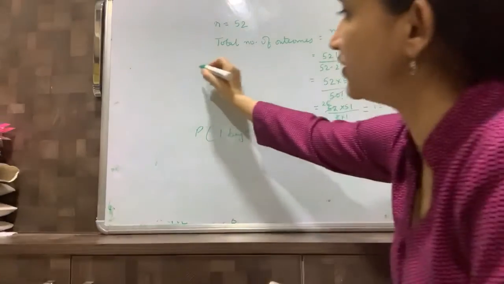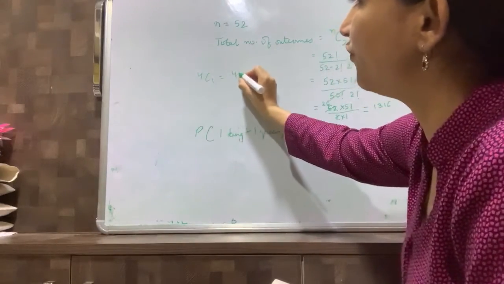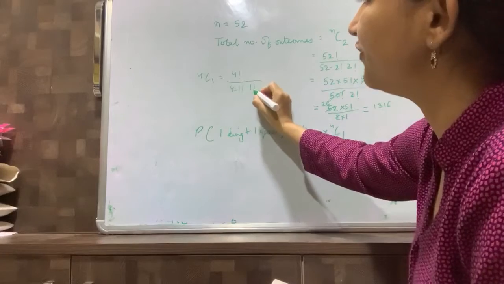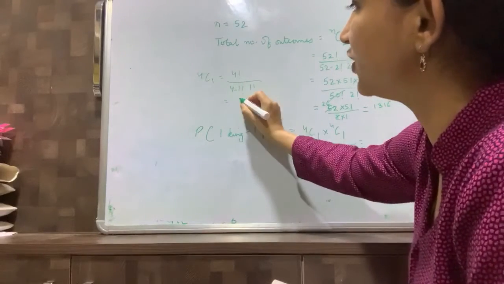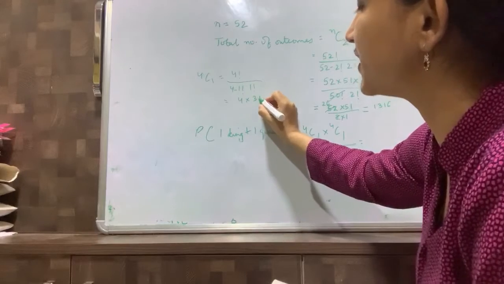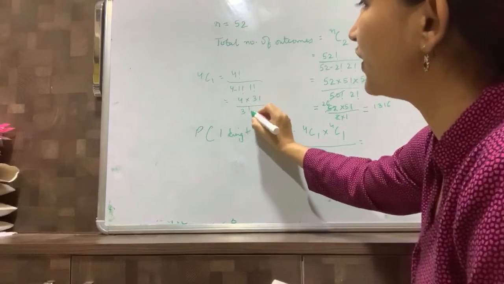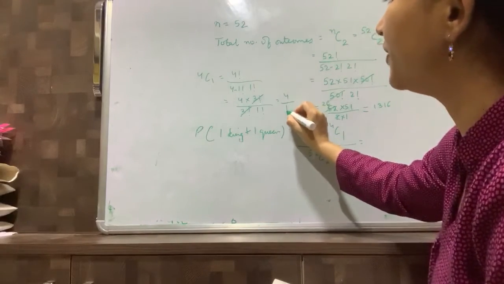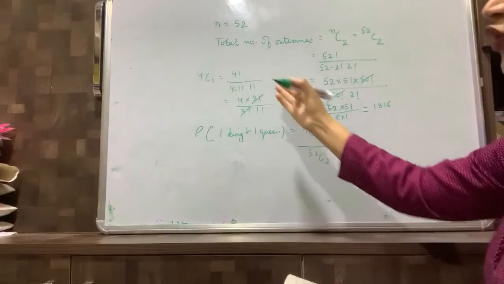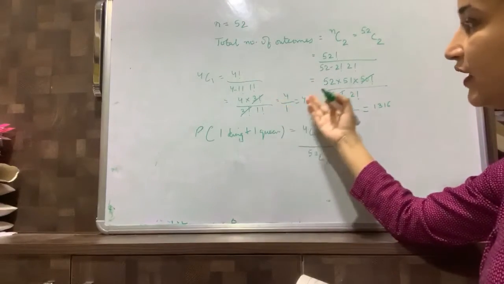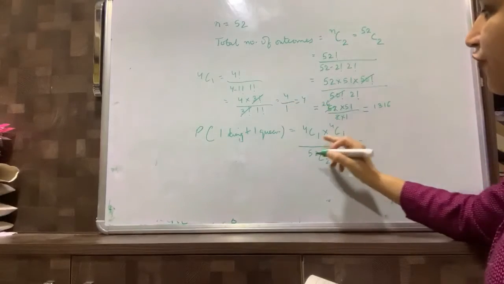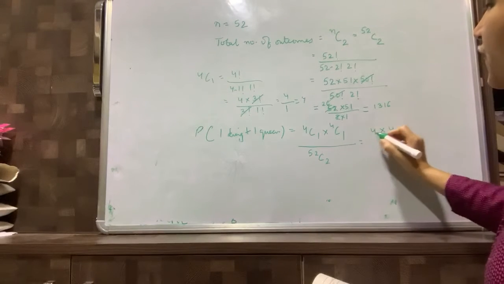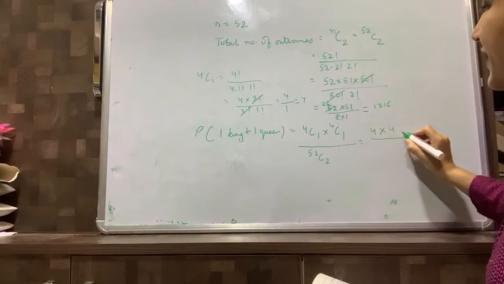So 4C1 is equal to 4 factorial divided by 4 minus 1 factorial into 1 factorial. अगर आप इसको ओपन करोगे तो हमें एक ही फैक्टर तक ओपन करना है. 4 into 3 factorial हम लिख सकते हैं, डिवाइडेड बाय 3 factorial into 1 factorial. तो 3 कैंसिल हो जाएगा, यहाँ पे बचेगा 4 और 1 factorial means 1. So this will be 4 only. तो जब भी किसी में R1 होता है so we will get N as the answer. तो यहाँ पे 4 ways होगा in which you can draw a king and 4 ways in which we can draw a queen. So we have 4 into 4. These are the favorable outcomes.